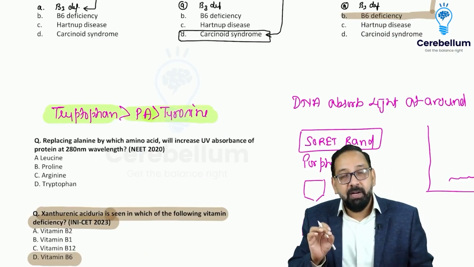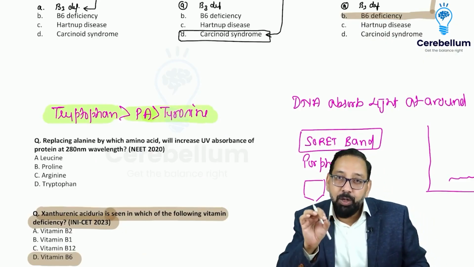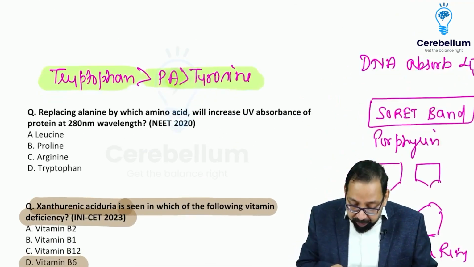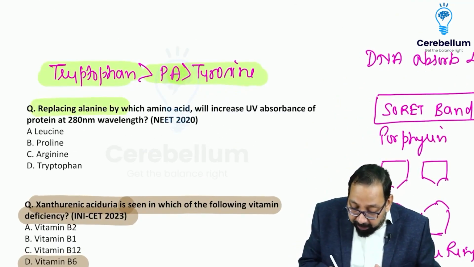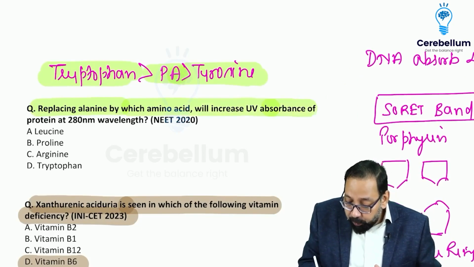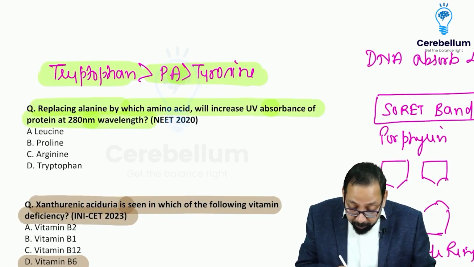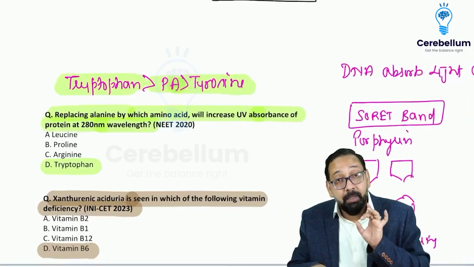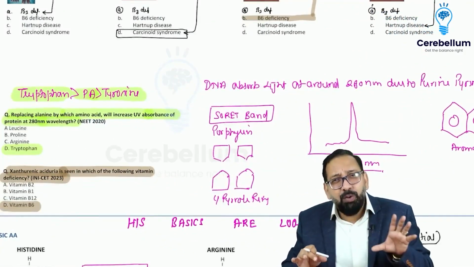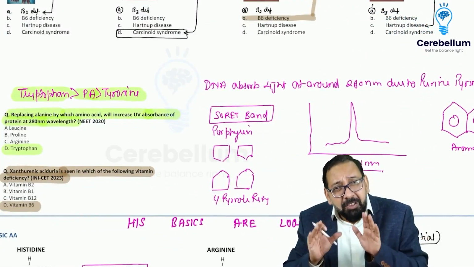They are aromatic amino acids. They absorb light at around 260 to 280 nanometer. A question was asked: replacing alanine by which amino acid will increase UV absorption of protein at 280 nanometer? That would be tryptophan, which will absorb light. So the mnemonic: wherever you find an aromatic ring, there are chances that it will